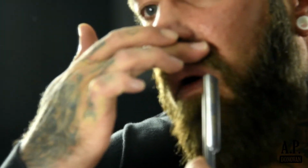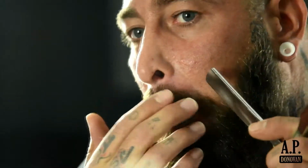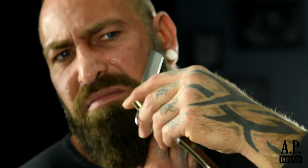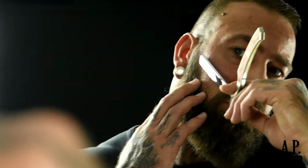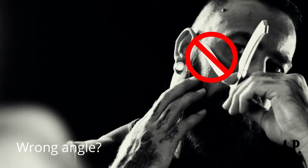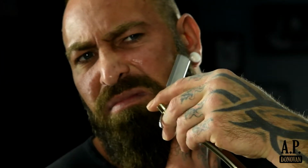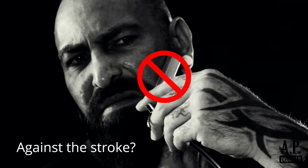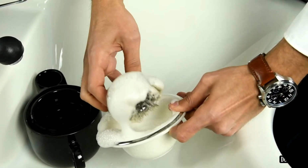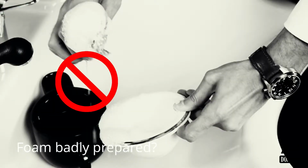You can tell when that's the case because, despite stropping and a perfect form, the blade still tweaks you and the shave feels uncomfortable. If your skills with a straight razor still need some work, bear in mind that a sharp blade is not enough to ensure a perfect, comfortable shave on its own. Shaving is also uncomfortable if you hold the blade wrongly. For instance, if the angle is wrong, you shave against the grain too early, or if the foam isn't properly prepared. This can give the same feeling as a dull blade. For that reason, we have videos that explain how to handle the blade and how to prepare the perfect shaving